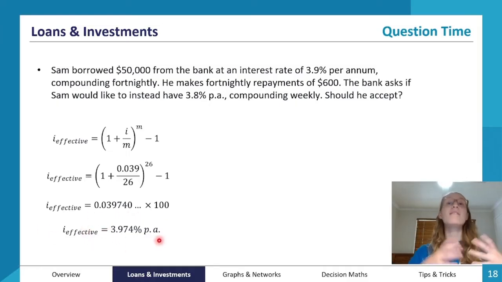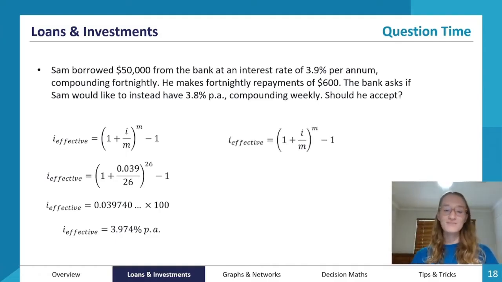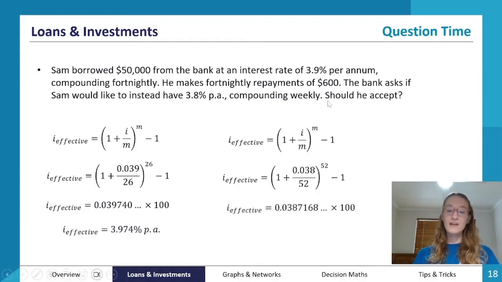3.974% per annum. So effectively, if this first option was just to have one compound per year, this is the percent of interest per annum that would produce the same amount of money. So now let's do the same process for the second amount so that then we can compare them on equal footing and help Sam make his decision. So same formula, but here our decimal rate of interest is 0.038 because that's the other interest rate he was offered. And then our compounds per annum is 52 because he was also offered weekly compounds. So that's 52 times a year. Again, we solve it, we put it through the calculator, and that gives us an annual effective interest rate of